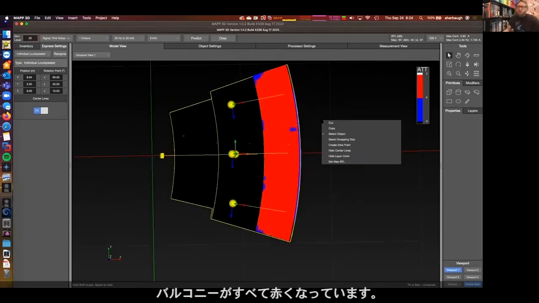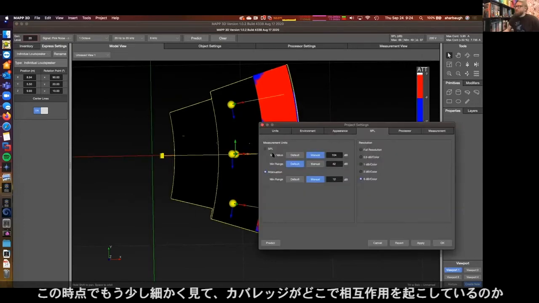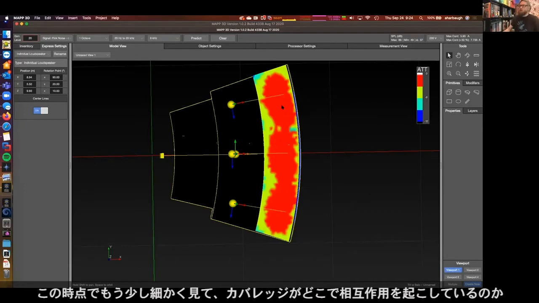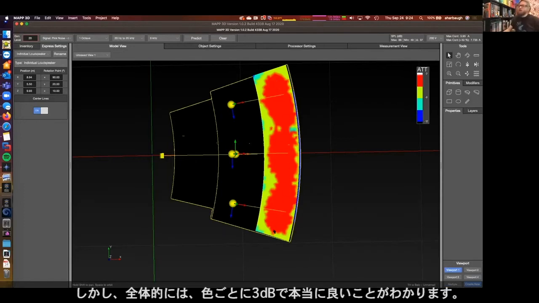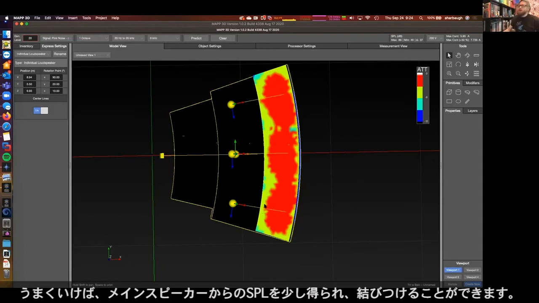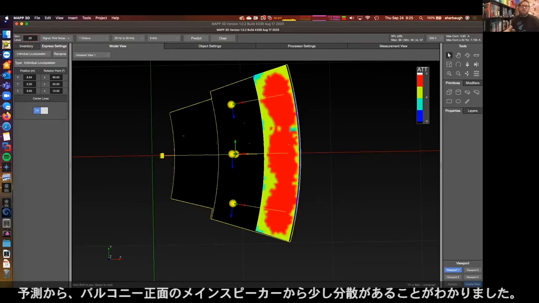Boom, we are red all in the balcony. And after this point, I like to start to look at this a little more granular to really see where my coverage might be doing some interaction, and things that 6 decibels might not have shown me. But overall, I can still see with my 3 dB per color that I'm still really good. And I can hopefully get a little bit of SPL from that main loudspeaker to help tie these together and source to that main speaker, which from the predictions I saw, that front of the balcony was getting some of